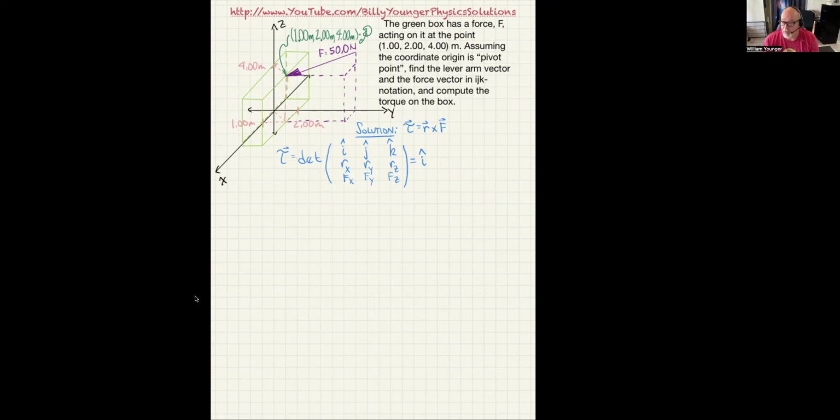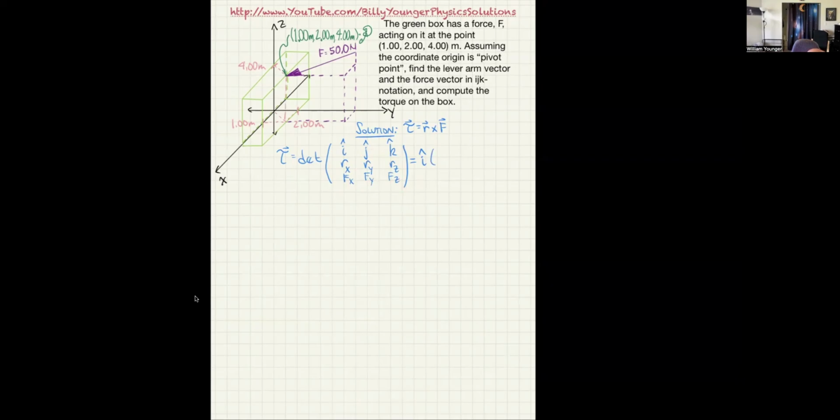That's 1 for the row, 1 for the column, 1 plus 1 gives you 2, and -1 to the 2 power gives you 1. So it's just i hat times the remaining matrix determinant. And as I showed you, once we've chosen i, that eliminates that row and this column, and we're just left with this matrix. So the determinant should be this times this minus this times this. So again, writing that down, and I'm actually giving you a general formula that, as you'll see on the spreadsheet as well,